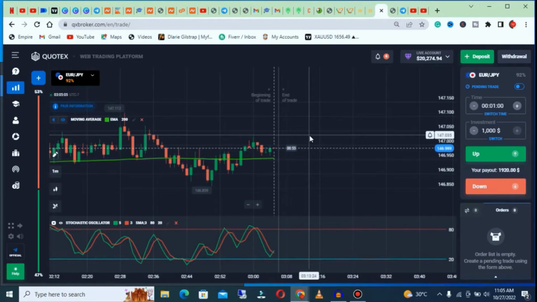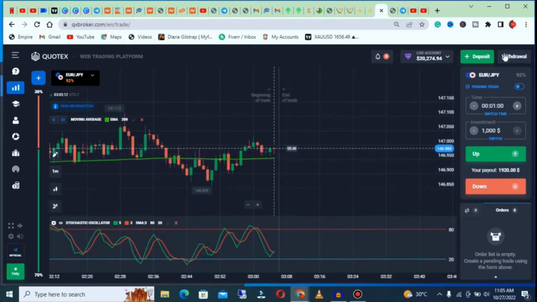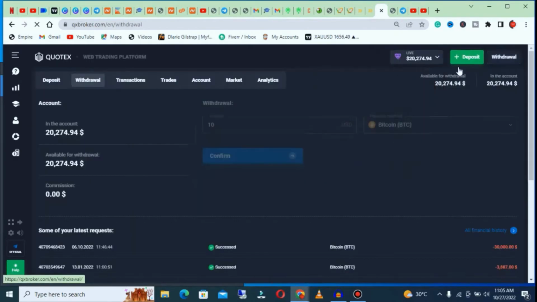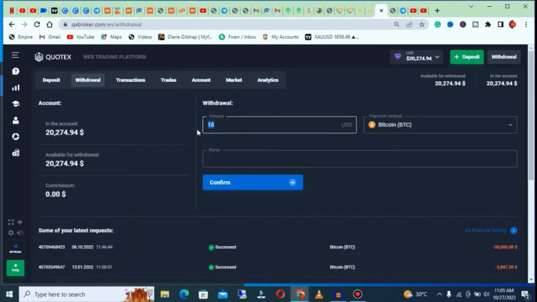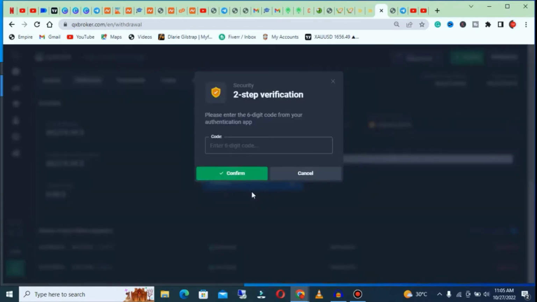Before I actually go ahead and review the strategy, of course I'm going to withdraw. This is my balance right here. I think let me withdraw 15k out of it. So let me take out 15. I'm taking this to my coin, so let me select my wallet. Right now let me confirm this on my